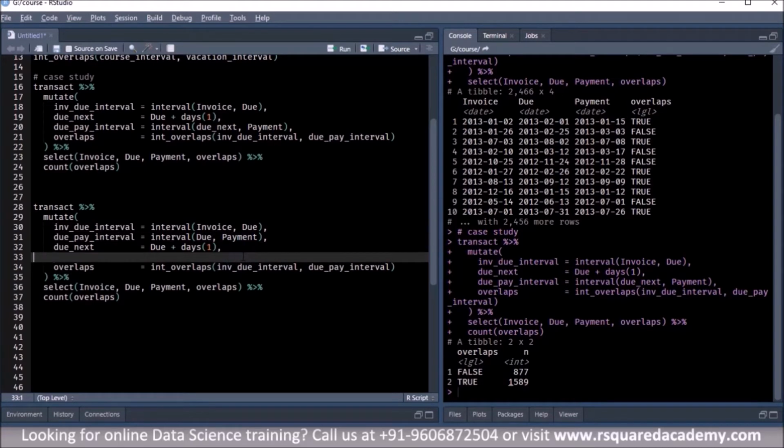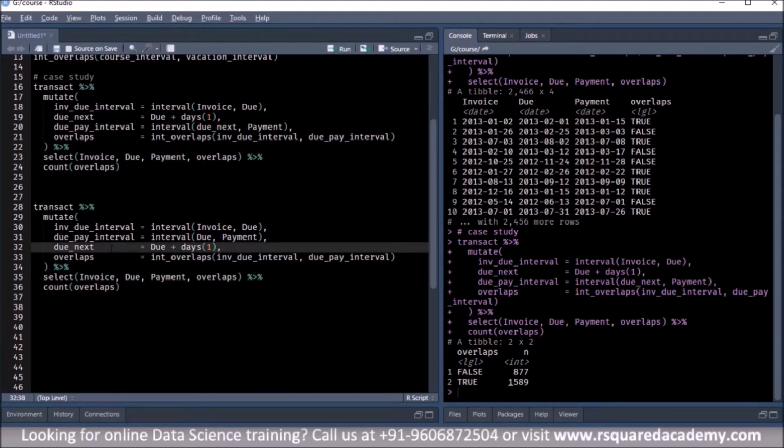Now we'll use int_shift to move this interval forward. The second interval, which is between the due date and the payment date, we will now shift forward by 1 day. So we are creating a new column here, calling it due_pay_next. The interval between the due date and the payment date will be moved forward by 1 day, and this is how we do that.